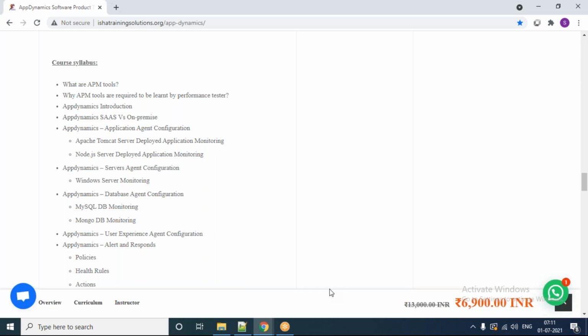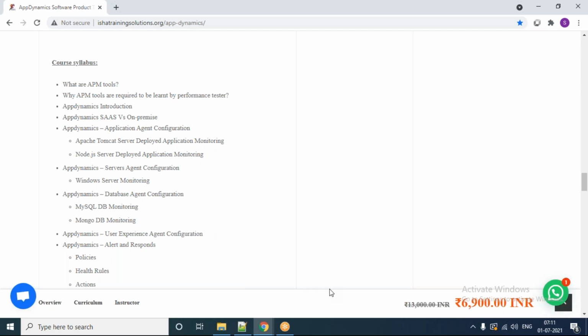I also have one more Node.js application that you can deploy in a Node.js server, and then we will install a MySQL database, MongoDB, and the HTML level instrumentation.